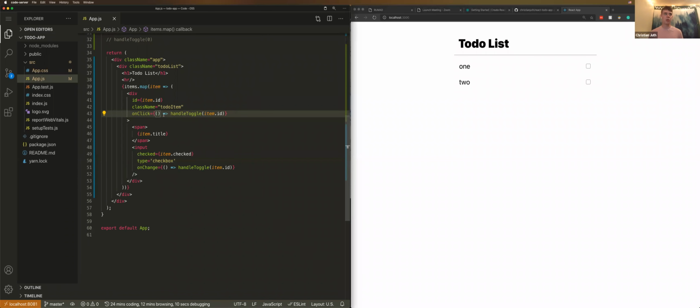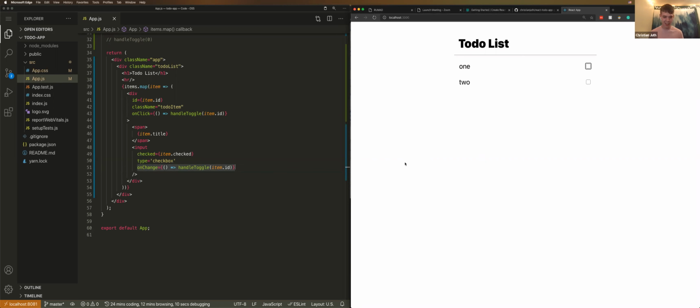Now we have two ways to check it. We can click on the row or the checkbox. As we saw earlier, if we don't pass this here, it'll fall back to the row element and that'll handle the check. The reason I want to do this though is, first of all, I wanted to show you how to pass in a non-click function into input, but also for accessibility reasons. If I tab on my app, you can see that I can select these inputs with tab, and